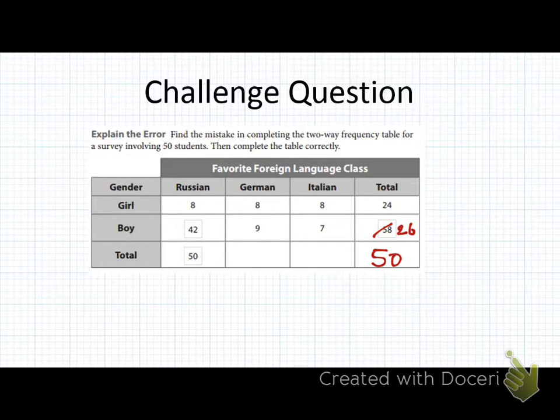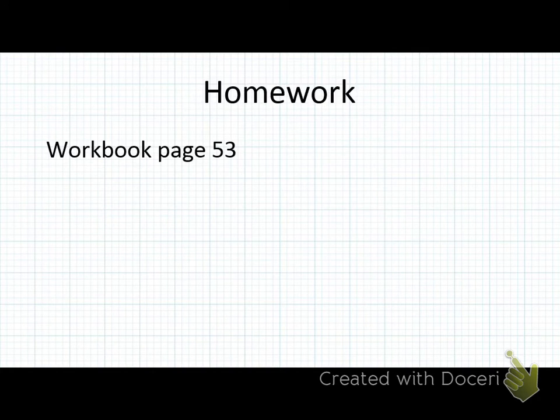And then what should these two be then? That would be 10 here for boys and Russian, and 18 for total. Okay, keep going. And then 38 and 17. 38. Oh, wait. No, 38. 17 and 15. Good. Does that look right? Yeah. Okay, good. That's it. That concludes the lesson. So for practice, today you're going to do a workbook, because we're all done.